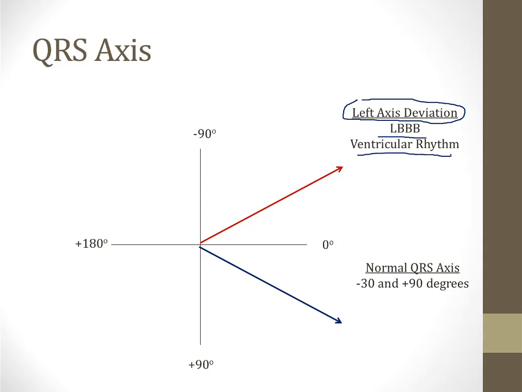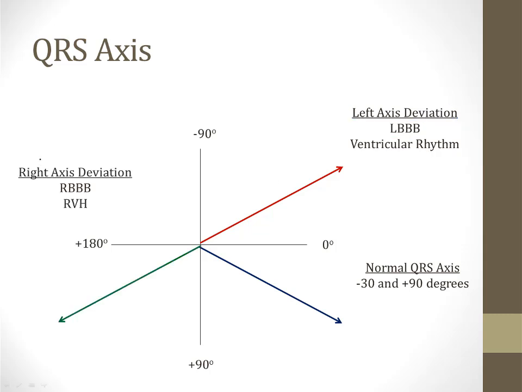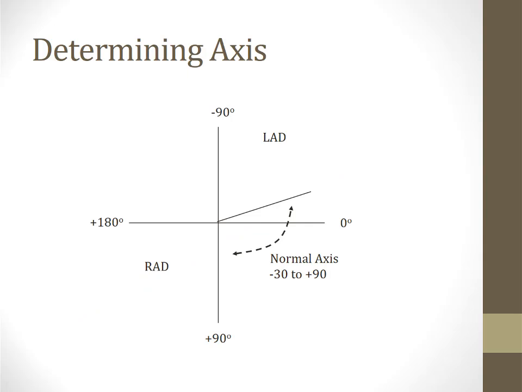This is a heart rhythm that is not originating in the SA node, but instead is coming from the ventricle itself. There are also some conditions that can cause a right axis deviation. This occurs when the QRS axis is between positive 90 and plus 180. Some of the conditions that can do this include a right bundle branch block, right ventricular hypertrophy, and there are many, many others. With that in mind, let's talk about how you can determine the QRS axis using the